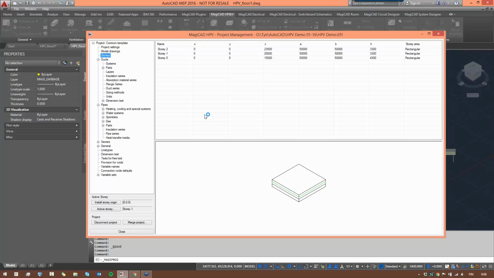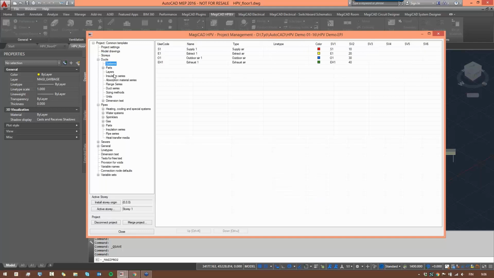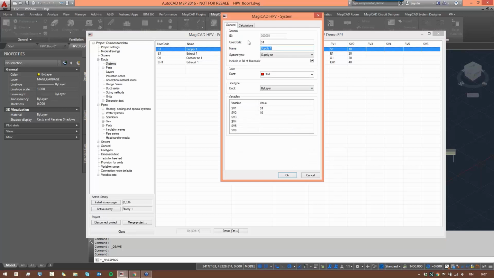Let's just quickly browse through them. Under ducts and pipes, both have these systems. Under pipes, they are under the specific discipline, but still different kinds of settings for the systems: user codes, names, what type of system it is, whether it is included in the bill of materials, different variables that can be changed, line types, colors,